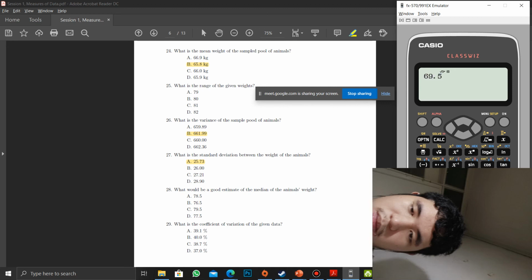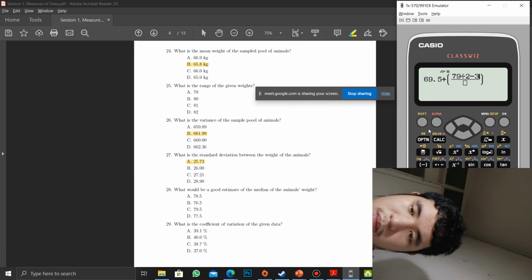So, yan, 69.5 plus, here we go, n over 2, 79 over 2 minus... ganun pala yun. 69.5 plus fraction: 79 over 2 minus cumulative frequency before the median class, which is, if you look at the table,